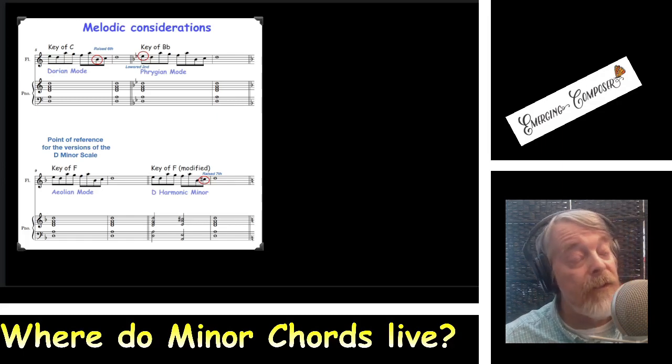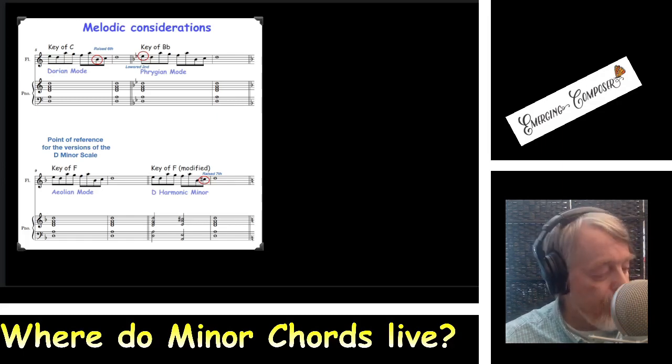I've circled the note that's going to change. That B flat is now going to be B natural. Now here's how this line sounds with that, as opposed to